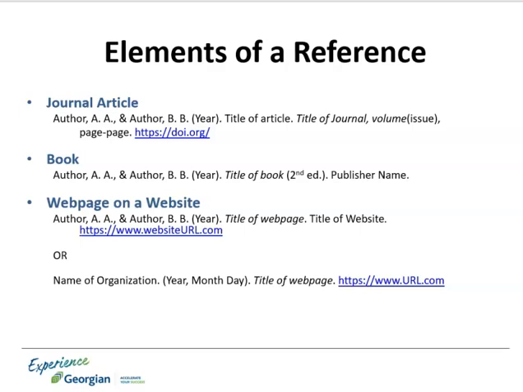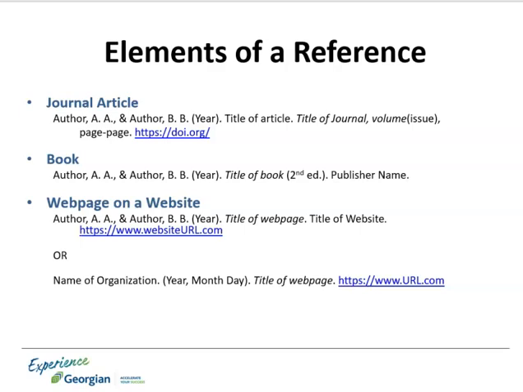Next, you need to list this information in a specific way, as outlined by the APA manual. In these examples, you may notice a theme in the order of information between each type of reference. For instance, the authors always appear first, followed by the year, then titles. After this, there will be variation in format depending on the source you have used.